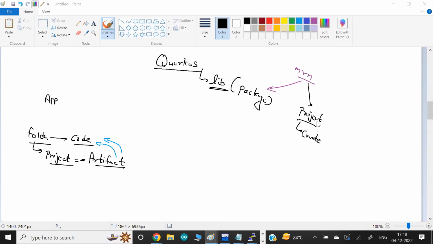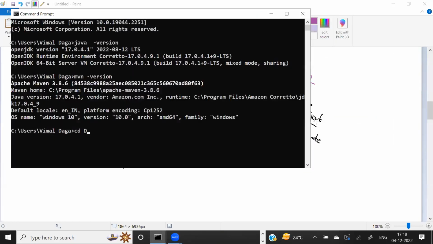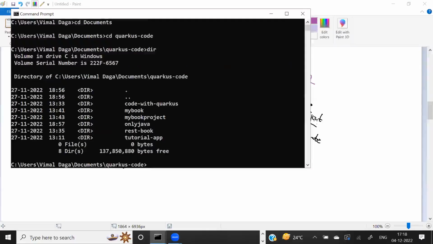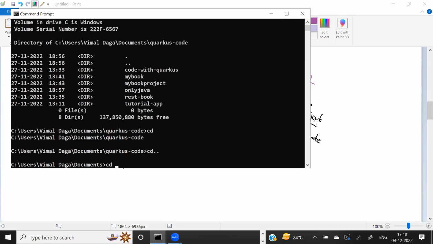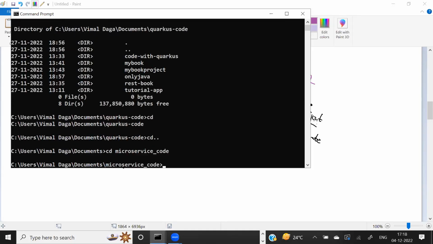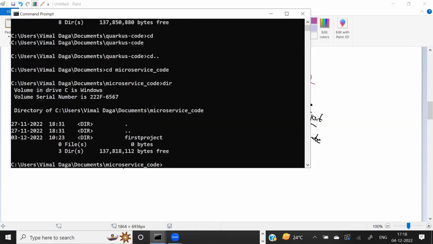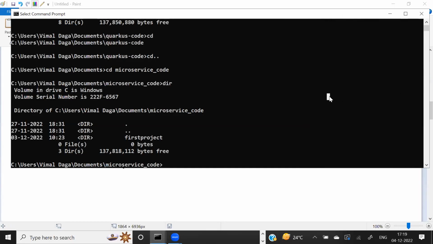I'm going to go to one of my folders, maybe Quarkus code. I don't know which folder I used in my last class. It's maybe a different folder, microservice code. Here, guys, I'm going to create a new Maven project, or the Quarkus project, I can say.